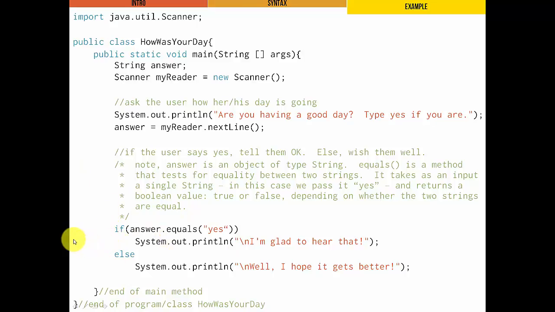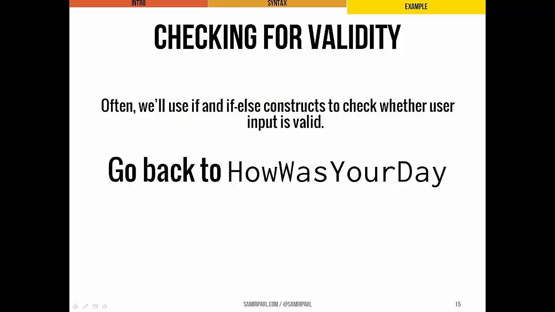Again, no curly braces. Got to be careful. If answer.equals("yes"), that means we're happy for them. We'll print, "Hey, I'm glad to hear that." Otherwise, if they typed in anything other than yes, then we want to wish them well, say, "Well, I hope it gets better." Now, oftentimes we're going to use an if-else construct to make sure that a user's input is